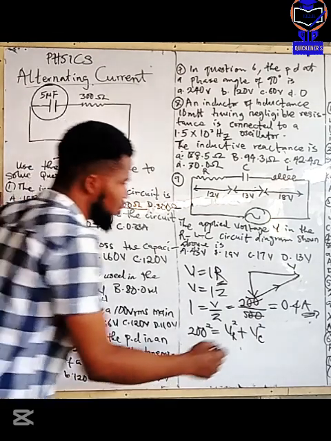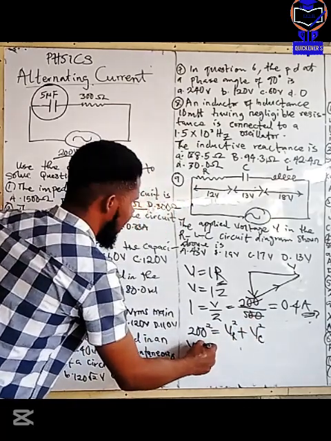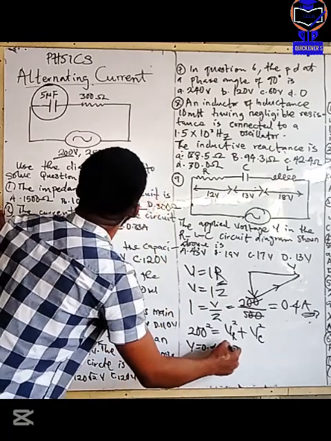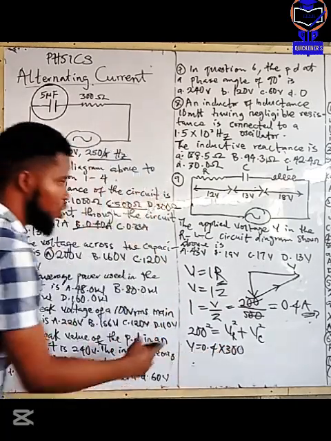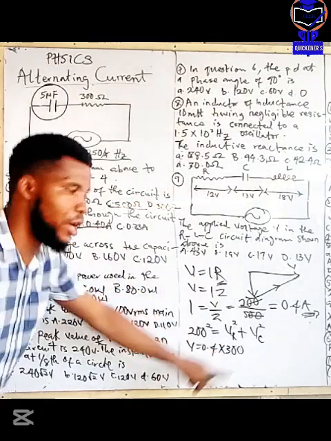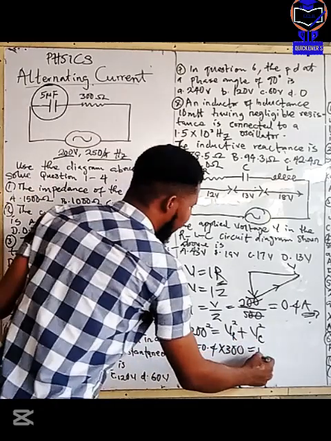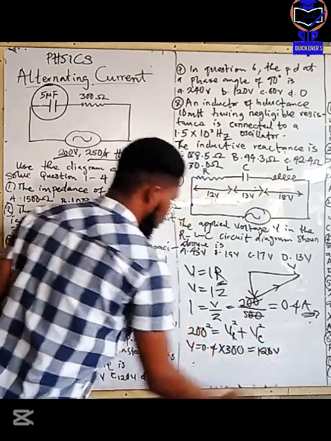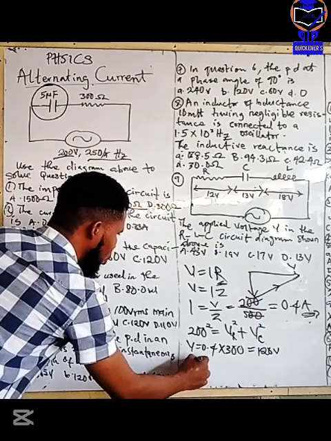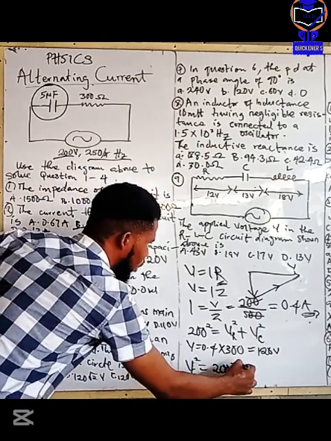The voltage across the resistor is very simple, which is V equal to IR. So what is I? I is 0.4. What is R? R is 300. Remember, V is equal to IR. So I is 0.4, R is 300. When you multiply it, that will give you 120 volts. Okay? So put 120 volts here. It means that VC squared, the voltage across the capacitor, is 200 squared minus